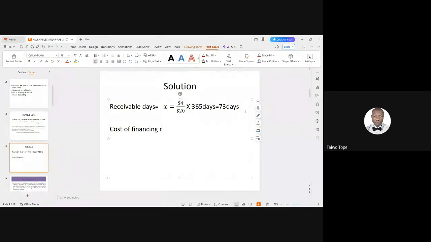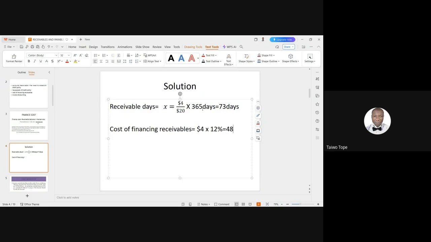Cost of financing receivables will be 4 million multiplied by 12%. So 480,000. Yes, so if you get 4 million from the bank because you need money